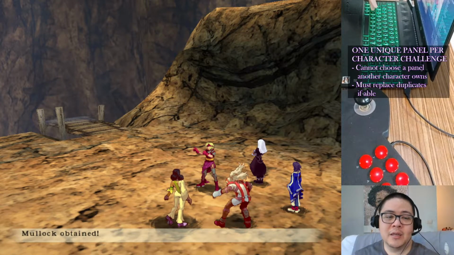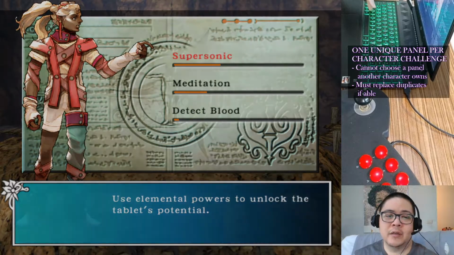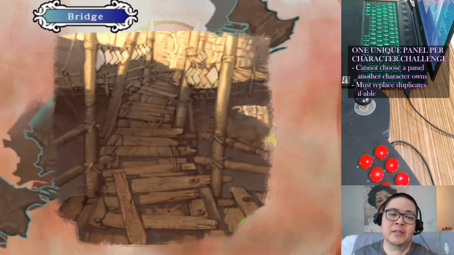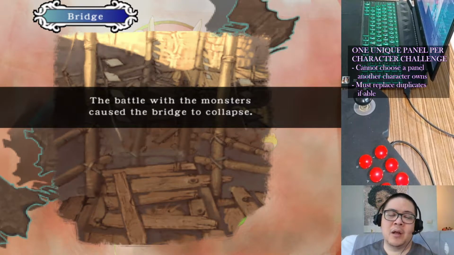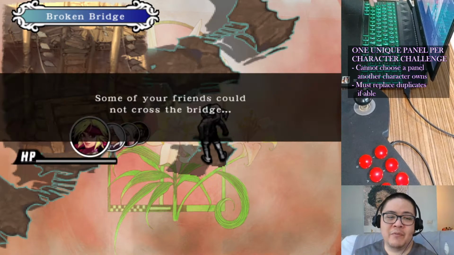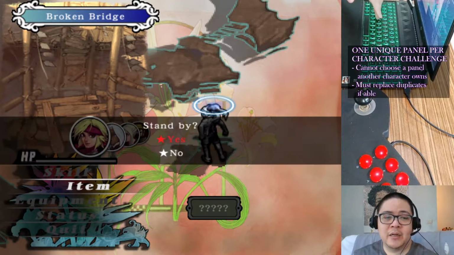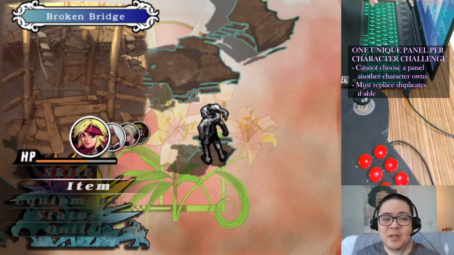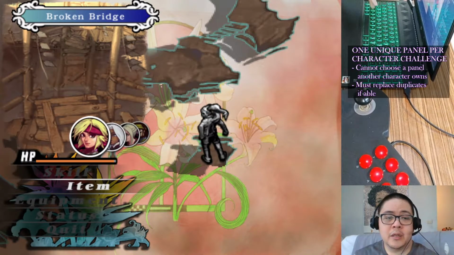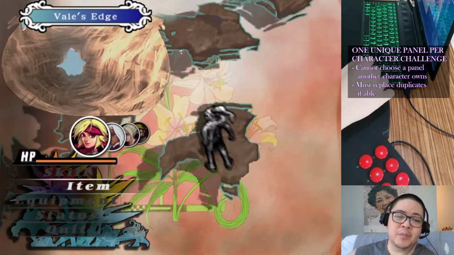We got Mullock. It's an interesting find there. But monsters like this do get a chance to drop treasure chests. Magic tablets, but they're not usually very good. But the battle with the monsters caused the bridge to collapse. So half of our party just gets, as you can see here, destroyed. The bridge has collapsed. I know the bridge has collapsed. But I'm just using this opportunity to...